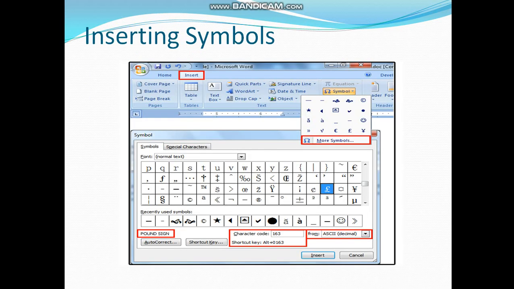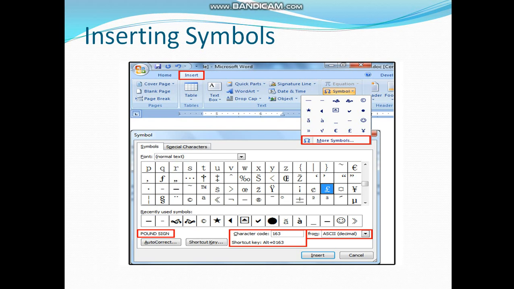Inserting symbols in MS Word. Here you have to click on the Insert tab. First of all you have to place your cursor on the required location in your document where you want to insert your symbol. Then click on the Insert tab and click on the Symbols option.